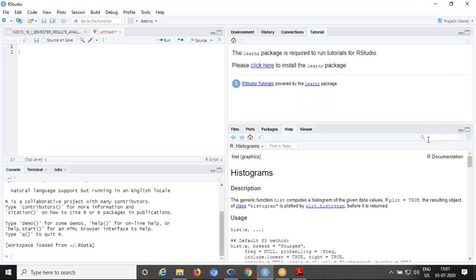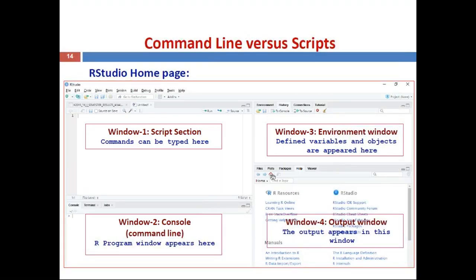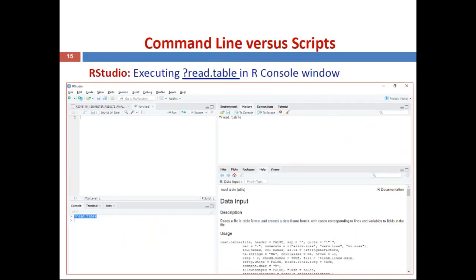If any topic help is required, here you can type directly to search, then the viewer for display. So this is the environment of RStudio, which consists of 4 parts, with the explanation displayed here.